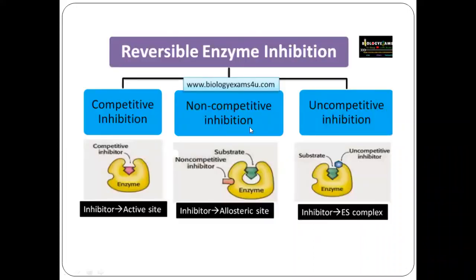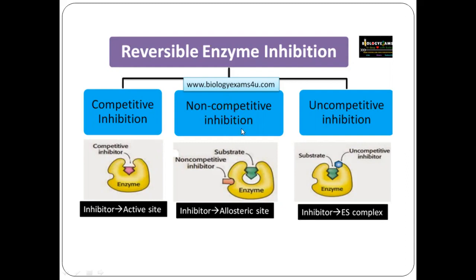If you see this picture, you will understand in a better way. See, this first one is competitive inhibition. Here, this is the active site of the enzyme. Competitive inhibition means if the substrate comes first and binds with this enzyme, the enzyme will be active. Or else if the inhibitor comes first and binds with this enzymatic active site, it will inhibit the activity, it will block the substrate because the active site is occupied with the inhibitor.